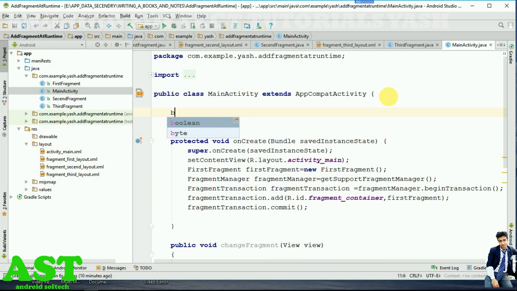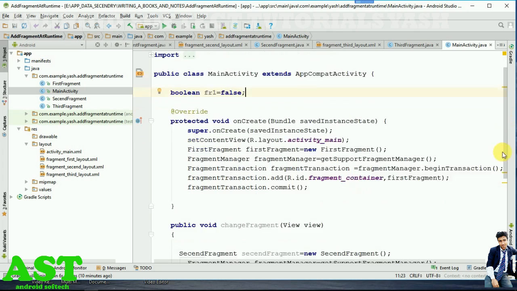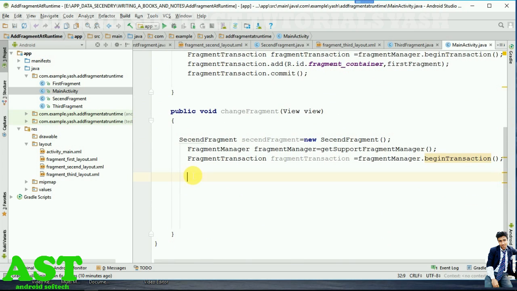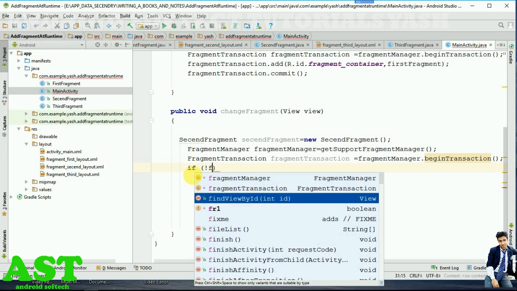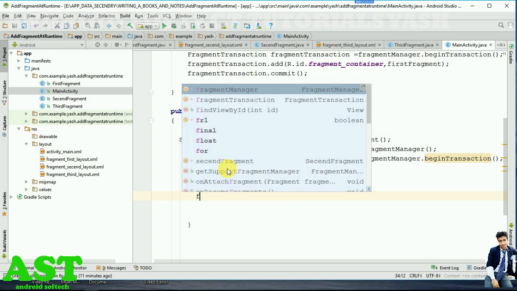So let's take boolean fr1, and initialize it to false. Okay guys, and now we will create the if statement. So if not fr1, then we will pass our condition. Okay, and then we will call the fragment transaction. So fragment transaction